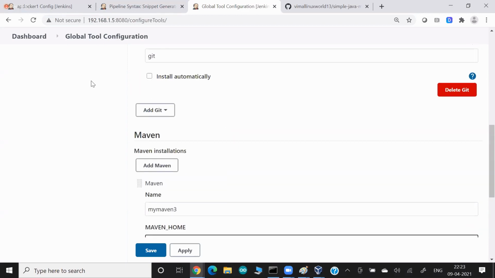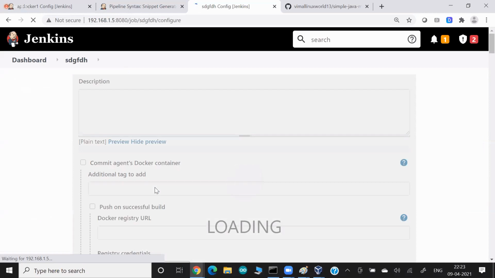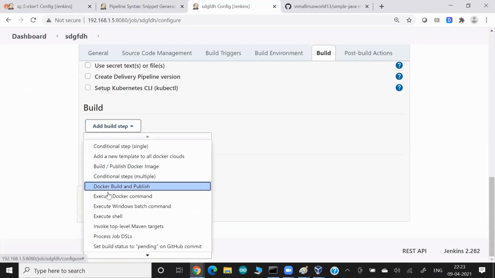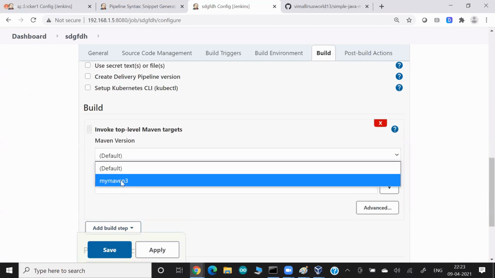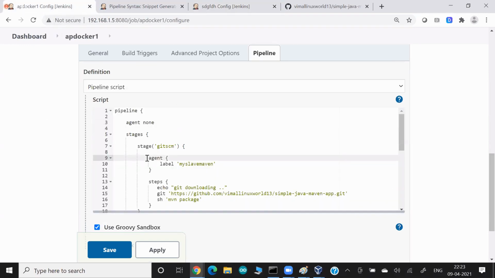While configuring a job, if you remember, when I create a job, and you want to use your version of Maven, in the build part you say here, I want to use Maven. Which one? Not the default one, I want to use this one. This is what we have done already. This is the way you can set it in the web UI. But if you want to achieve the same thing in your pipeline,